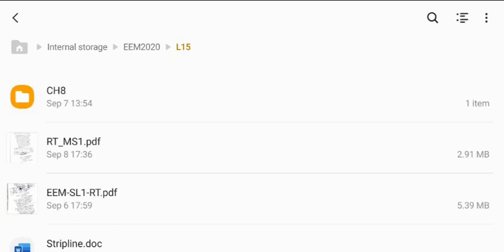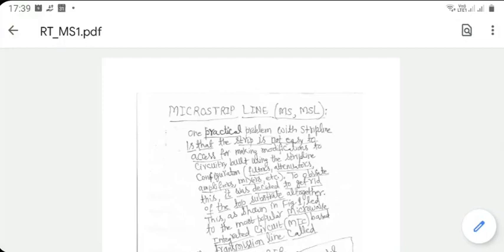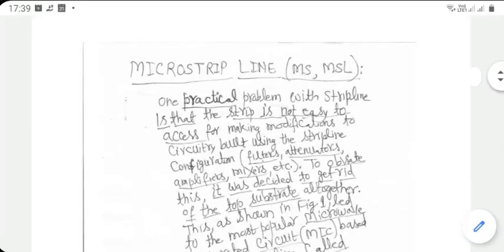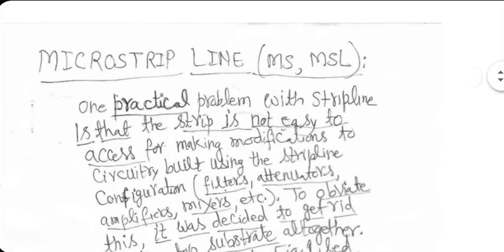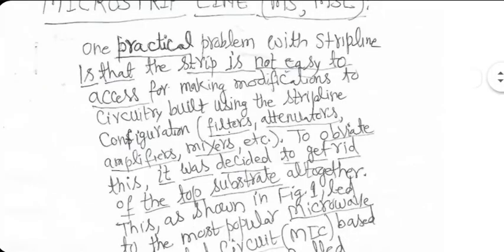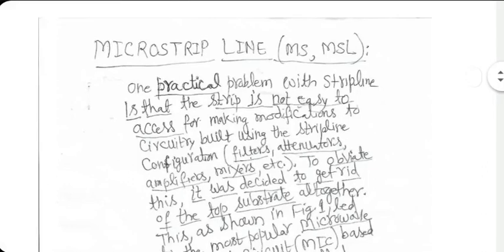Now, a similar story applies to the second line also, which we are going to begin. We will not be able to complete today. And let me at least give you the physics part of it first. Microstrip is a strip line minus the top dielectric. As simple as that. I told you this. This is the practical problem, which was solved by removing the top dielectric.